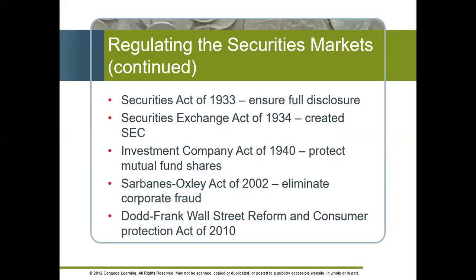But our initial reaction to 2008 and the Great Recession of 2008, and all the fraud that was going on, was the Dodd-Frank rule, right? A lot of rules and protections associated with that because we didn't want to go through 2008 again. 2002 is a reaction to the dot-com bust, the recession of 2001 and 2002. 1934, 1940, we're talking about the Great Depression, right? We're talking about the Depression and the Great Depression before that. So just keep in mind that these rules usually come into effect as a reaction to something pretty significant and traumatic that the market goes through.